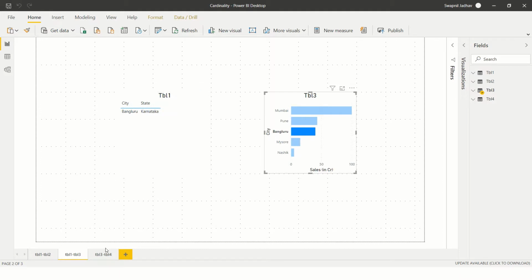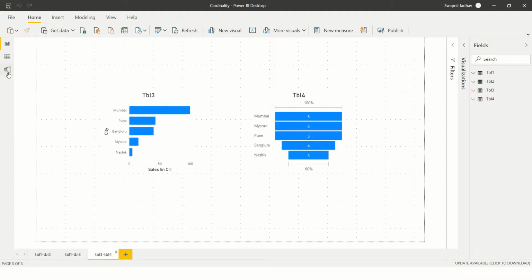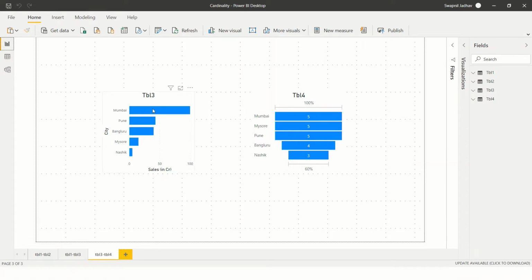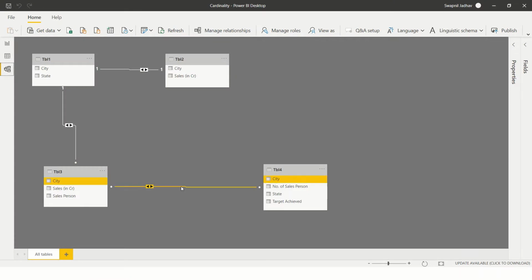Now let's understand many to many. In case of table 3 and table 4, we have a many to many join. By default, bidirectional filter is enabled. So if we go to the report canvas and select something in table 3, the table 4 data is getting filtered. Let's see if I click on Mysore in table 4, the table 3 data is also getting filtered. Nice. Okay, so what different types are there in a many to many relation? If I click on the properties